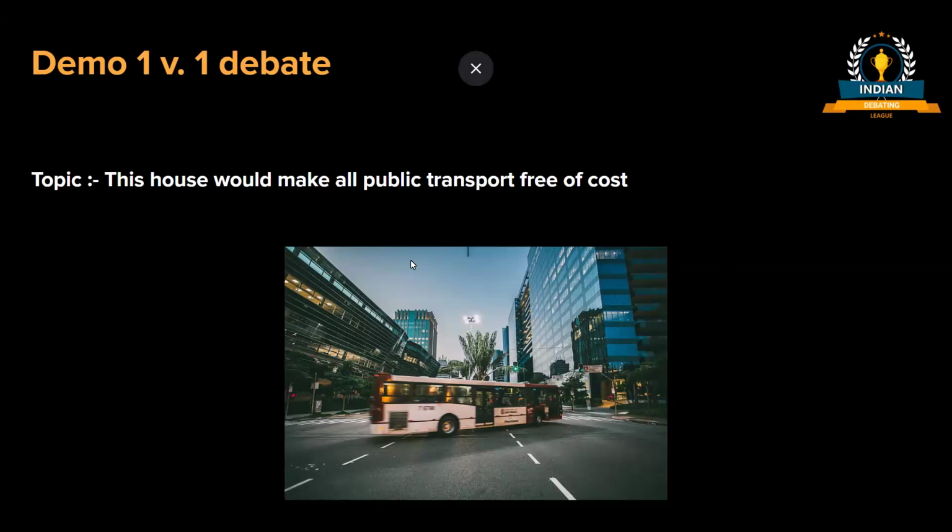The framing of this debate is as follows. Making public transport free means eliminating all fares of buses, trains, and trams. Passengers won't need to buy tickets or passes. Travel would be completely cost-free for everyone, whether commuting for work, school, or daily activities. The stakeholders in this debate are, firstly, everyday citizens. Public transport affects everyone who relies on it for daily needs like commuting and education. Secondly, for low-income individuals, transport costs are a burden. Making it free enhances economic mobility and lightens their financial load. Thirdly, the government, and obviously our planet.